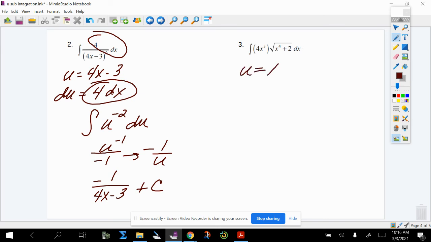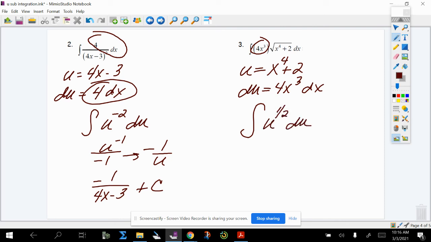This one, my u is what's under the radical this time. That's the inner function. The derivative of that inner function is 4x cubed, which you'll notice is exactly what you have. That's what makes this perfect. We're going to look at ones that aren't so perfect and how we deal with them in the next video. So we're going to see what's being done to u. Well, it's currently being square rooted, so we're going to write it as the 1/2 power. And we did confirm that du, that 4x cubed, is there. Power rule, so power 1 greater divided by that power, which we're going to write as 2/3. Put your x's back in, so sub that u value back in, which was x to the 4th plus 2